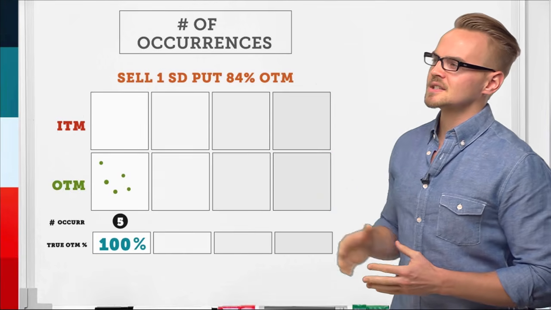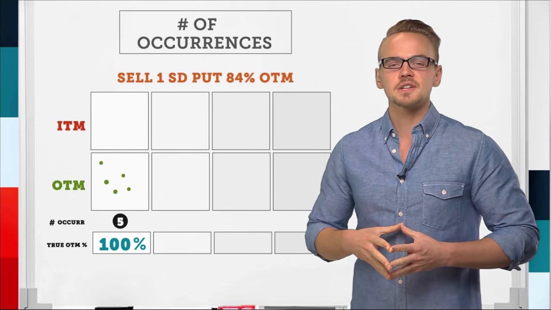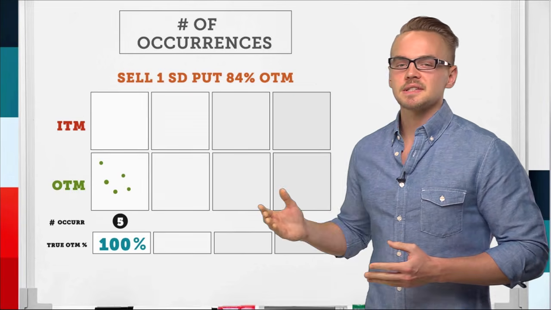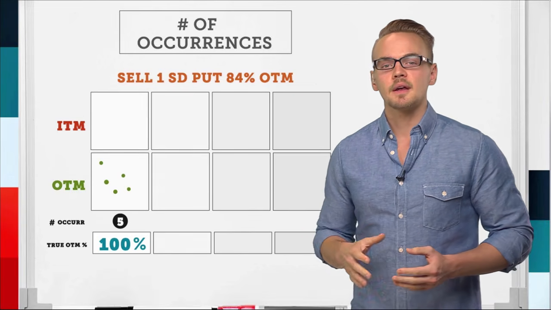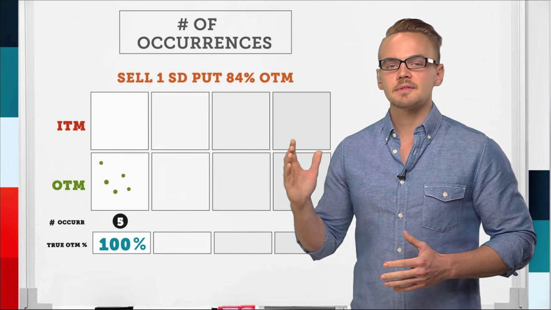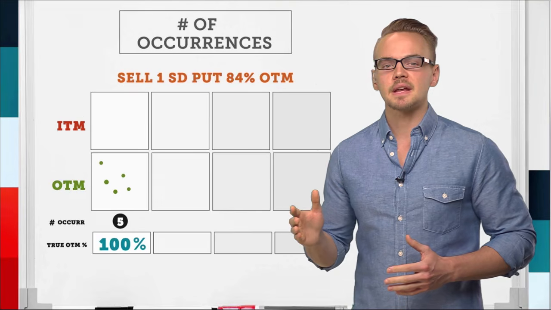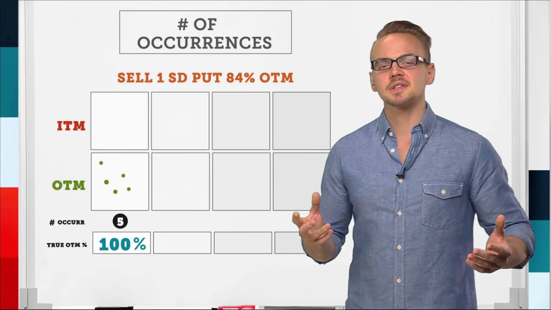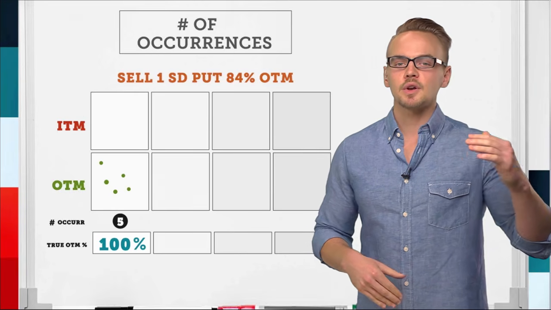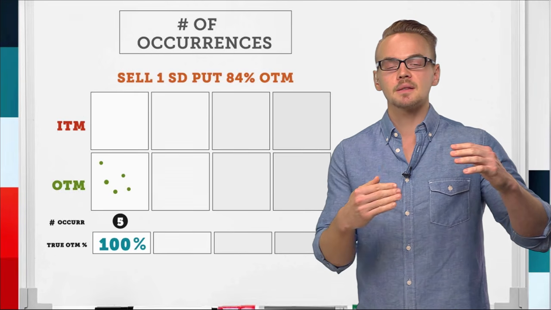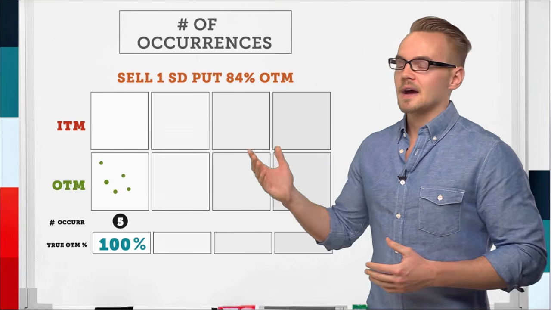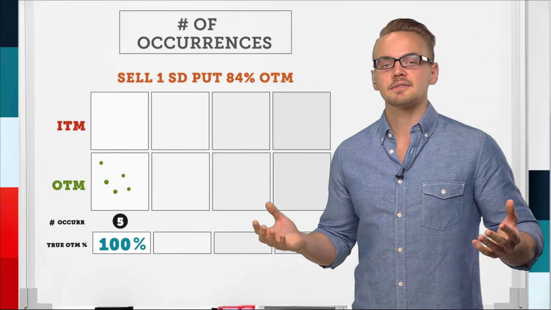Let's take a look at selling a one standard deviation put, which is basically 84% out of the money. We covered this on an Ask YouTube, but when you're looking at standard deviation and out of the money options, if you have a 16% probability of being in the money, then you have an 84% probability of being out of the money. You can always calculate that: if you take 100% and subtract any in the money percentage, you'll get the out of the money percentage, and vice versa. So if I have 84% out of the money, I know that I've got a 16% in the money percentage here.